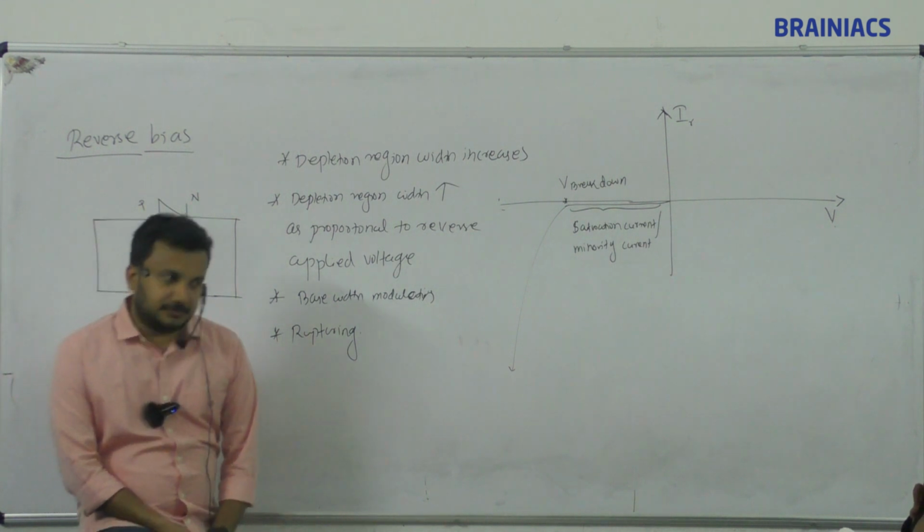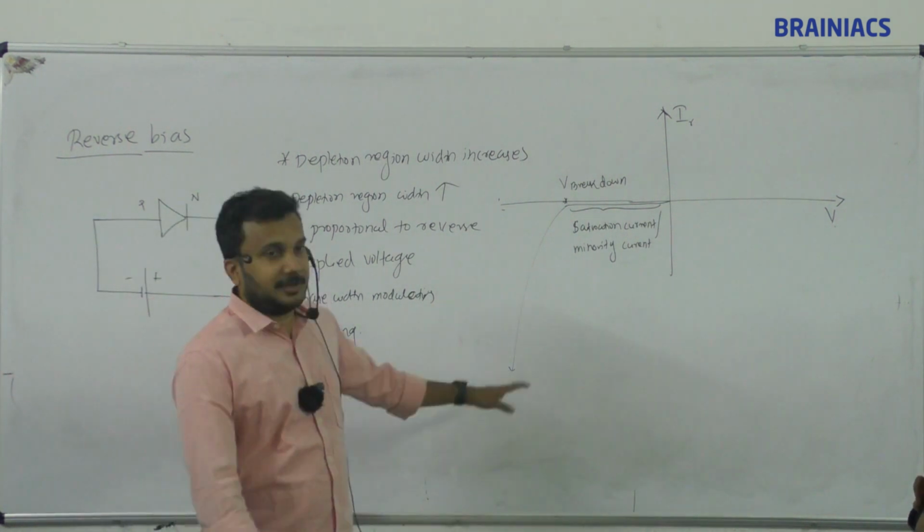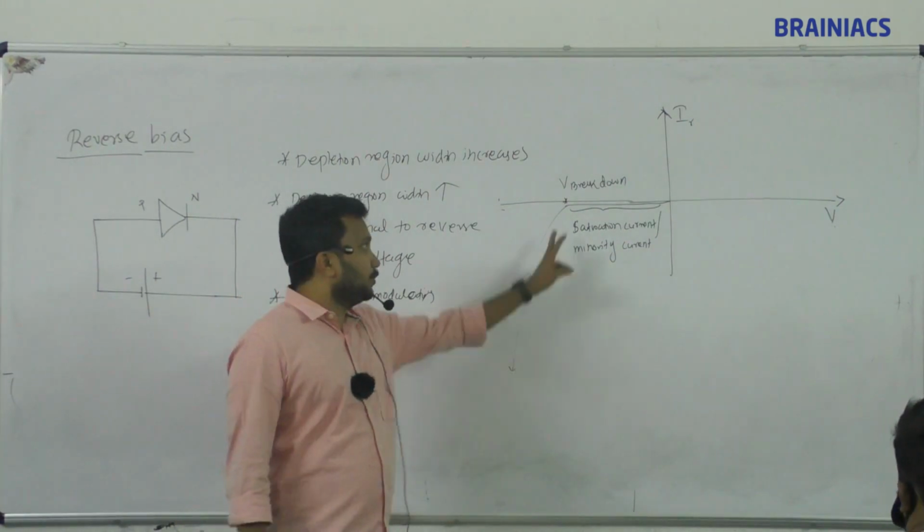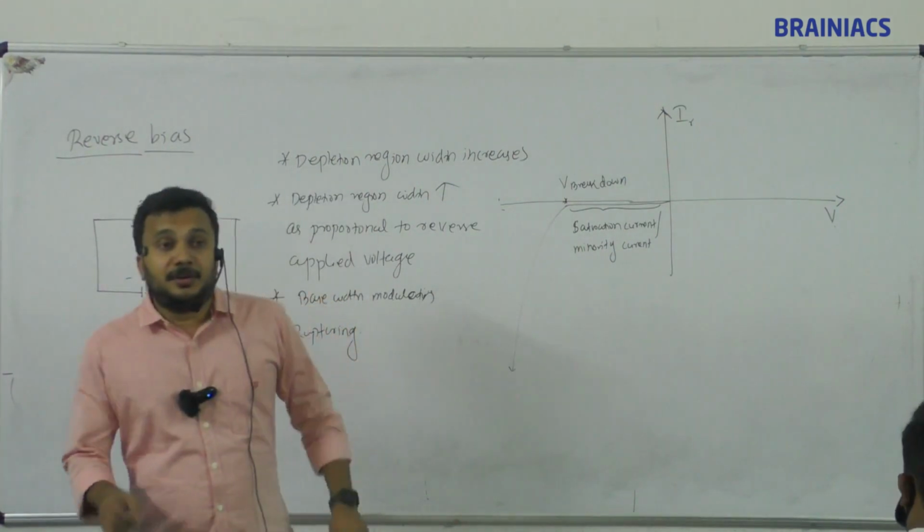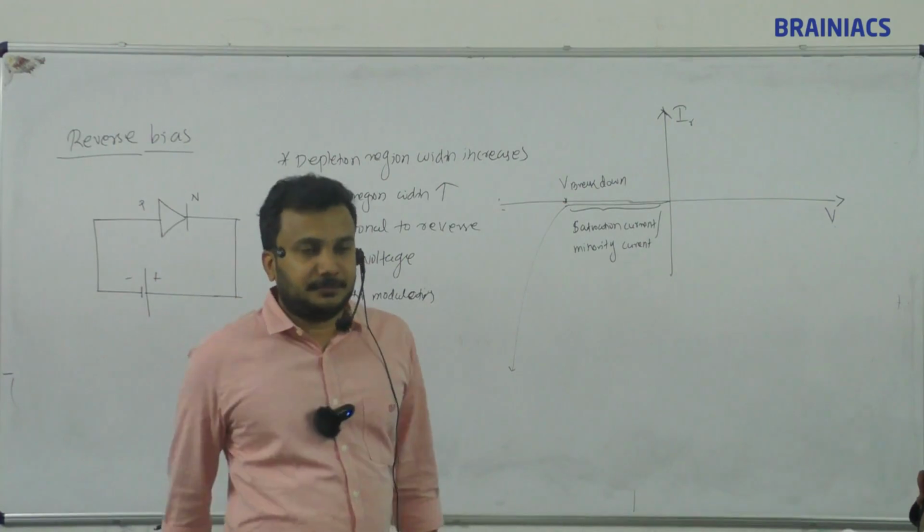Okay, next one. Next, draw the graph. Current will shoot up, and this voltage is called the breakdown voltage. Next one, for an ideal diode,